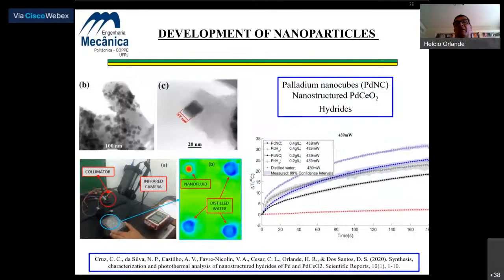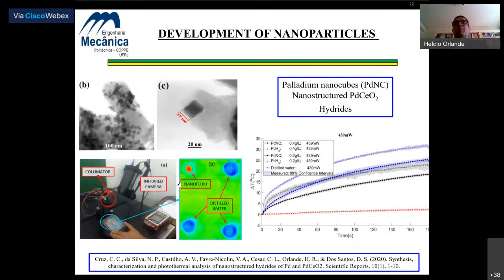And why do we say this? Because these are the figures with the palladium nanocubes. The mean size of those nanocubes was about 20 nanometers. And we made some experiments with nanofluids produced with those nanoparticles, also through laser heating, and by measuring the surface temperature of the nanofluids with the infrared camera. This is